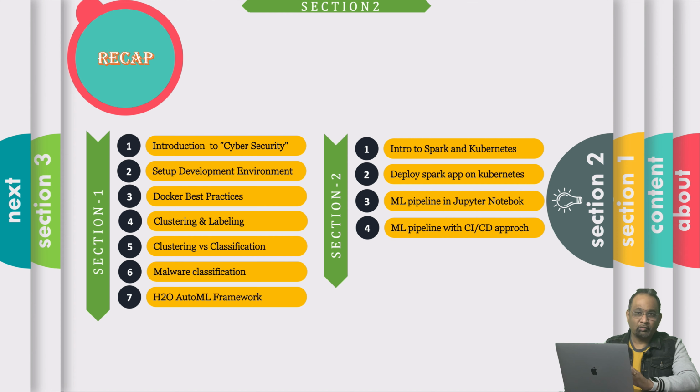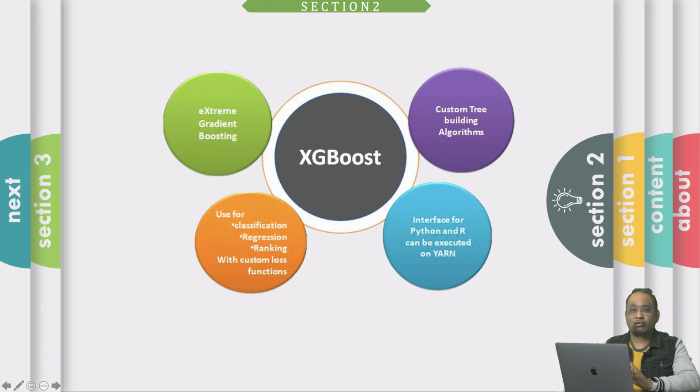Just a quick recap on XGBoost. It's an implementation of gradient boosted decision trees designed for speed and performance. It supports both classification and regression and has recently been dominating the applied machine learning world and Kaggle competitions for structured and tabular data. XGBoost really stands apart when it comes to speed and performance, and we also proved it in our last section, where XGBoost gave us better scores than all the other machine learning algorithms.